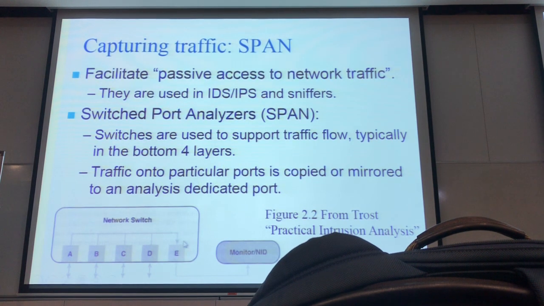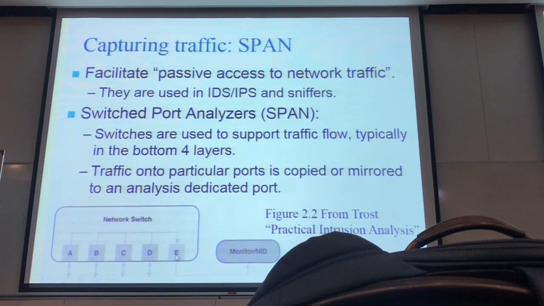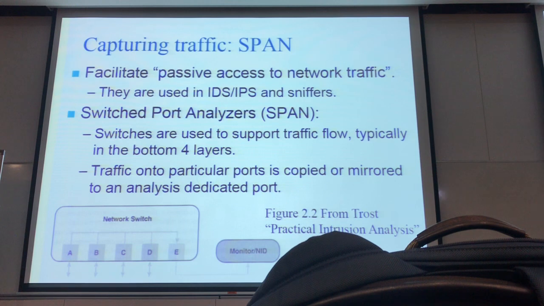So if the network switch has this mirroring functionality, this port will mirror the connection in other ports. That means when you communicate using other ports, the packet actually will be mirrored to this extra port. This is like eavesdropping, right? So you can just collect all the packets without affecting the original traffic. You still have the original traffic going through, but you now mirror all the traffic to a particular port, and then this port can be connected to the